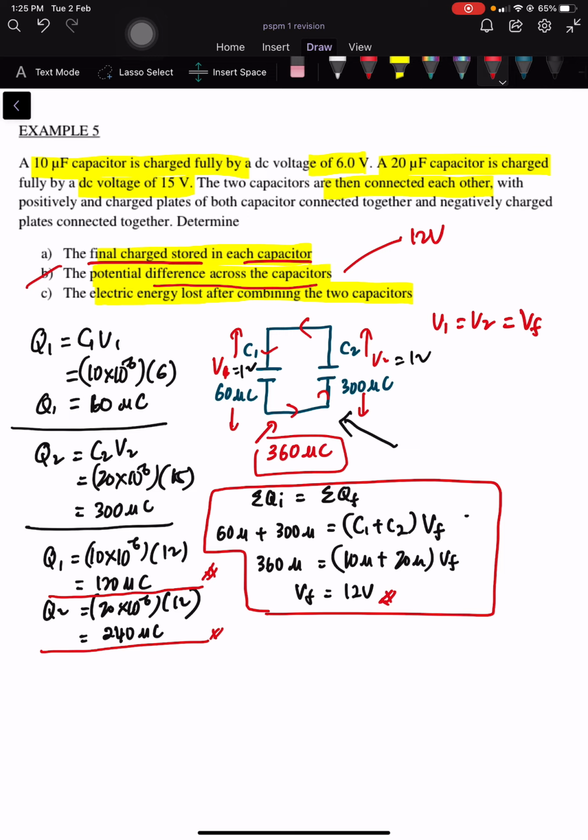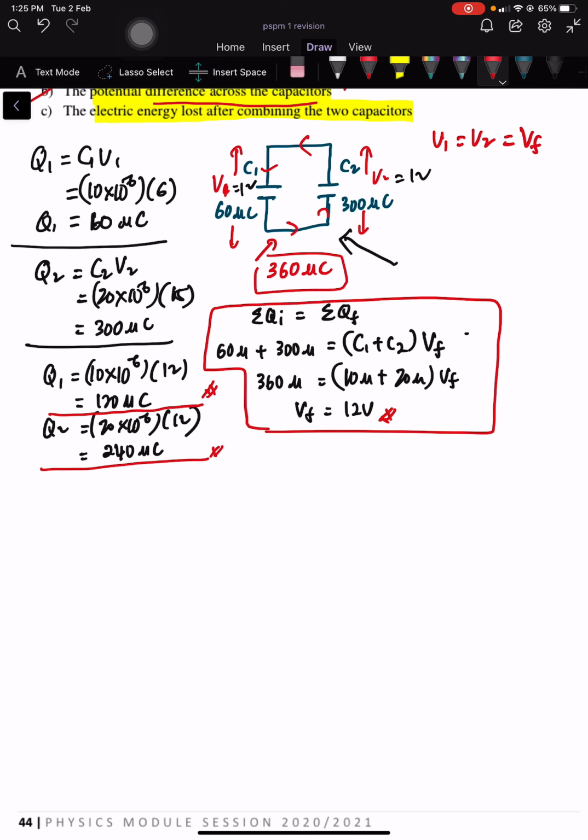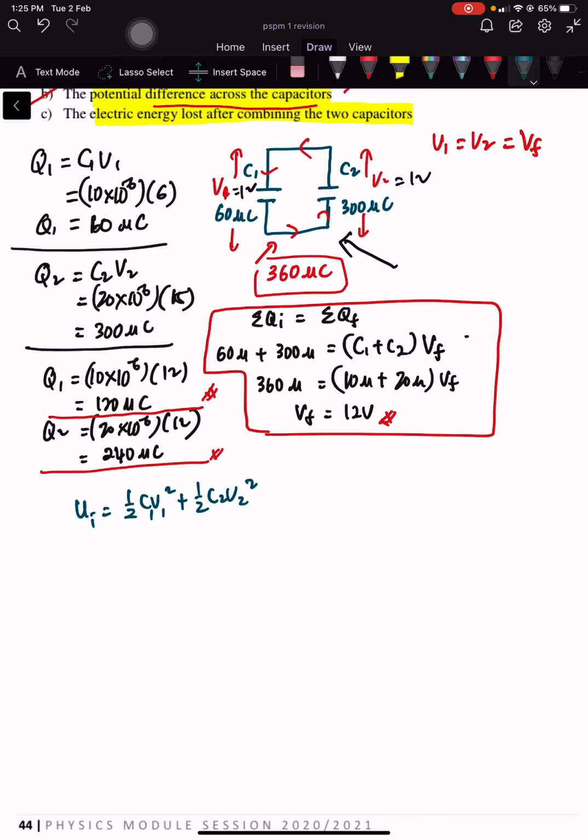Okay, untuk C, the electric energy loss after combining two capacitors. So kita boleh buat by using the formula of energy loss. Okay, you kena cari dulu before berapa dan final berapa. Okay, U initial, U before, sama dengan setengah C1 V1 square plus half C2 V2 square. Okay, ni formula CV saya guna sebab saya senang nak guna. C dah diberi, V pun dah diberi. So, masukkan nilai lah. 10 mikro darab dengan V dia 6 kuasa 2,